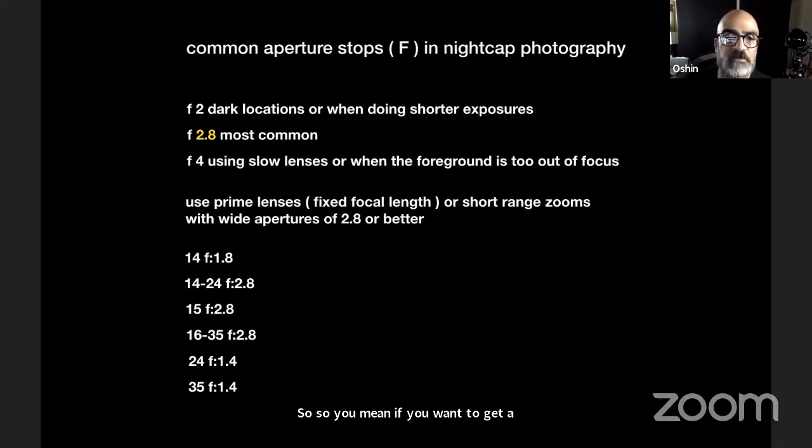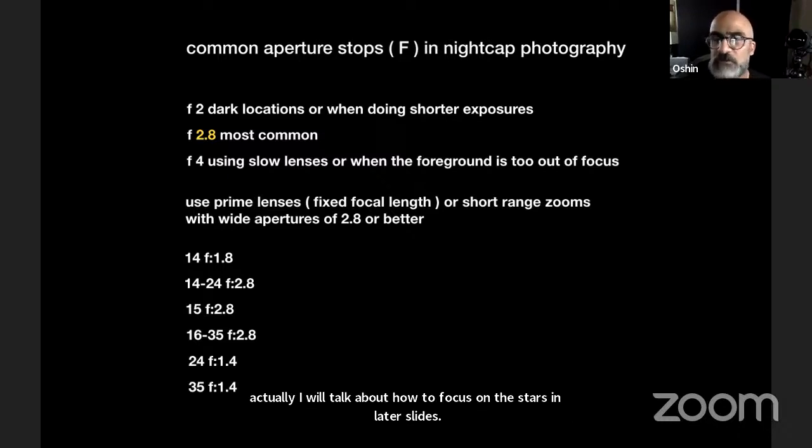Yeah, for example, you want to take a picture of a tree with the background of the stars. So when you use f2.8, that tree, depending on the lens that you are using, if you are using a longer focal length lens, like 50 millimeter or 35 millimeter, and if you are using an f-stop of 2 or 2.8, the tree might look out of focus in the foreground, because actually I will talk about how to focus on the stars in later slides, but